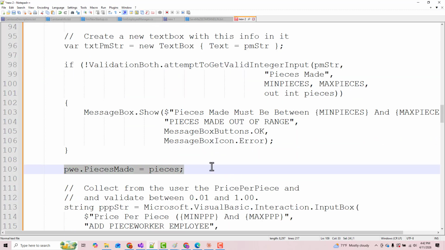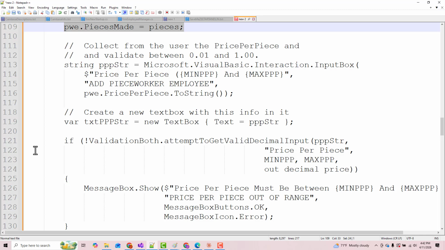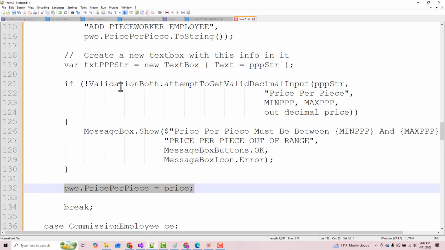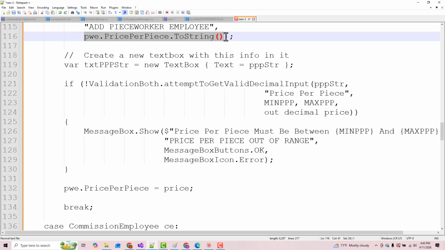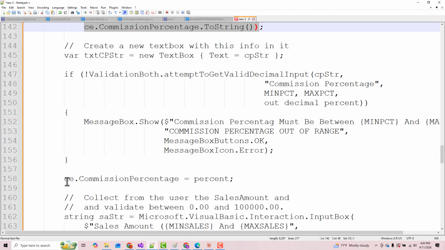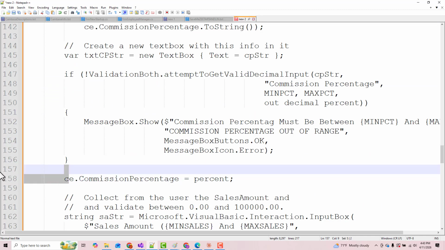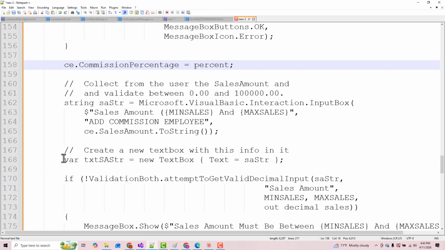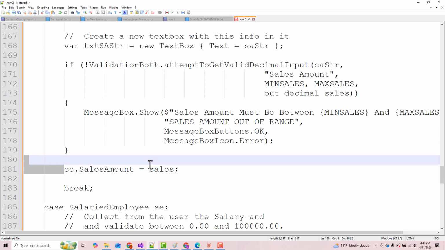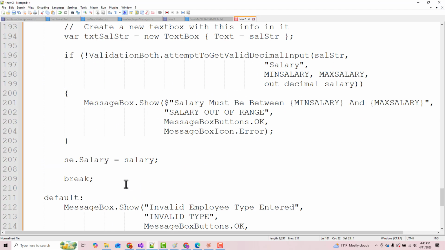If it works, the price per piece here, and of course here, the commission percentage here and here, the sales amount here and here, and finally for the salaried employee, the salary